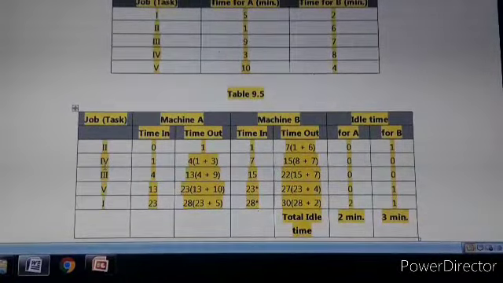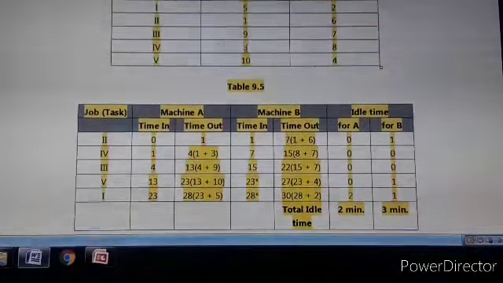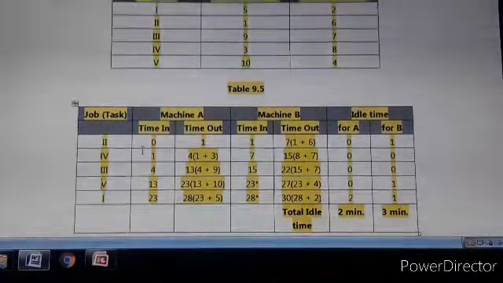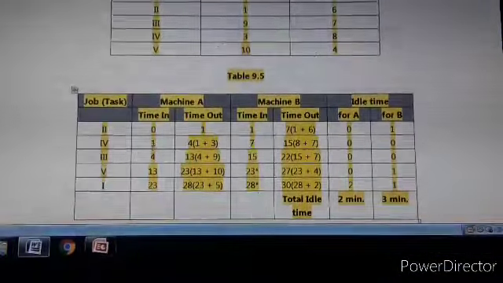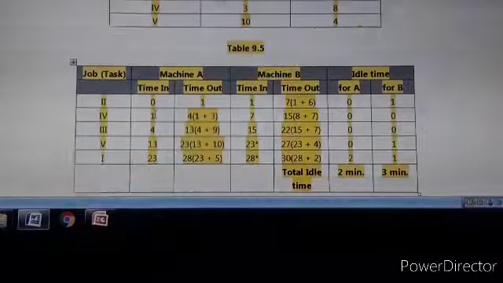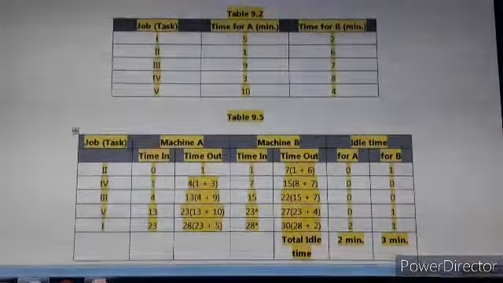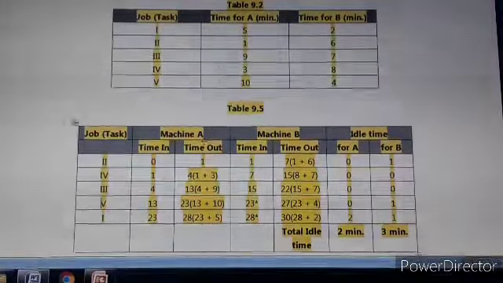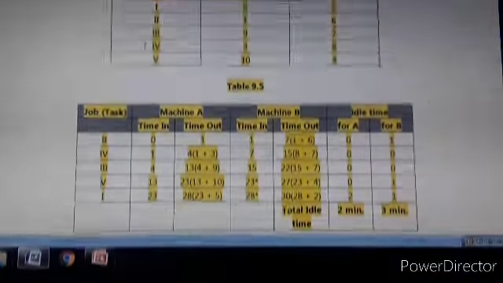For job 4, what is the processing time on machine 1? It is 3 minutes, and we'll take job 4 after processing of job 2. That's why time in is 1. We add the processing time of job 4 to 1. So 1 plus 3 is 4. This 3 is the processing time of job 4.